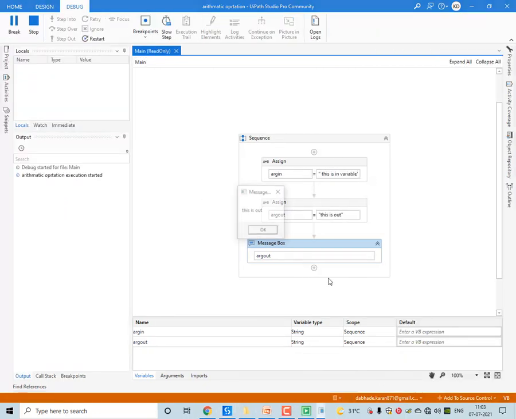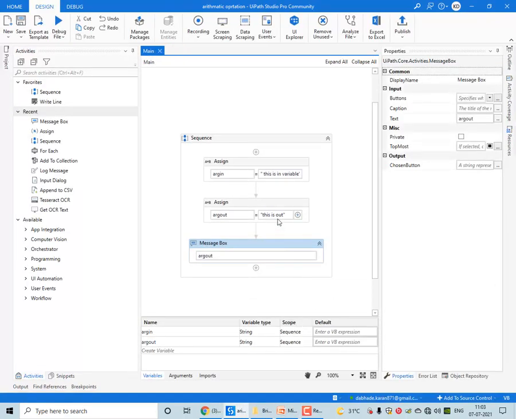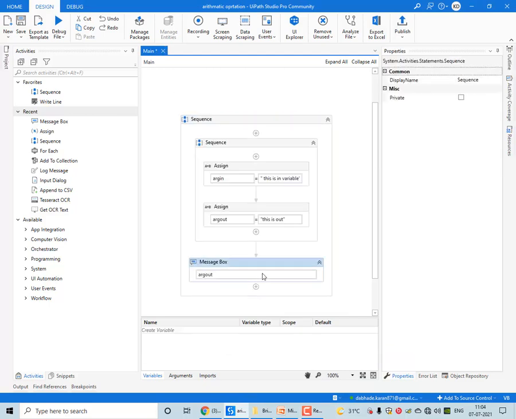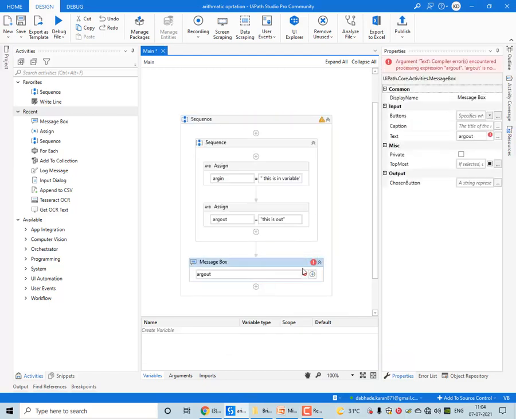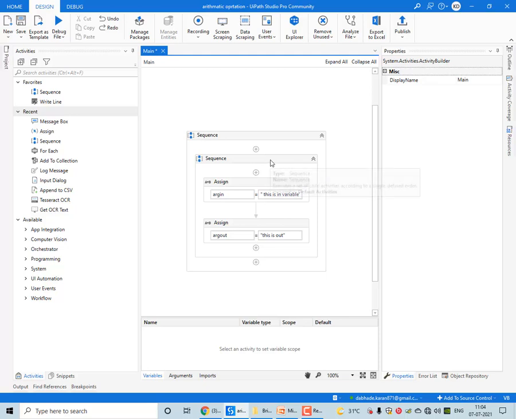This is a simple variable till now, but when we have to declare the argument, let us see this. What I will do is create another workflow. So let me create a workflow of this.